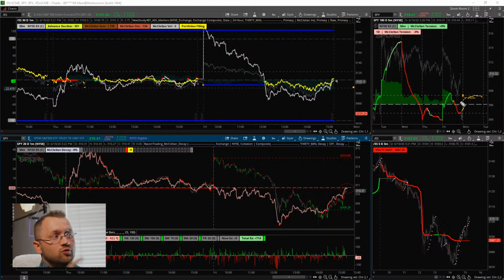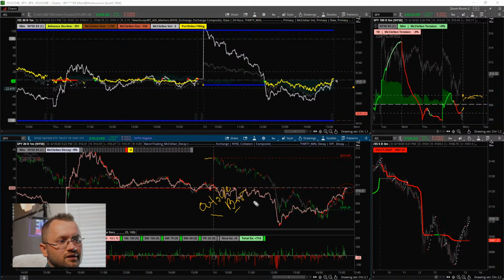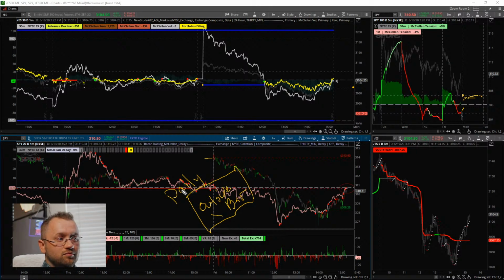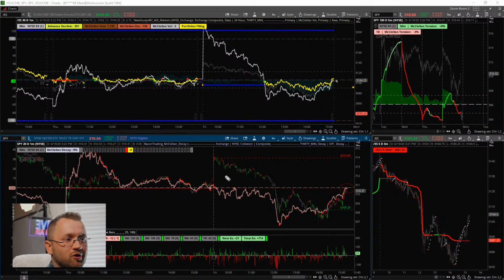Hopefully on Monday, we can keep that going and run this back up and get back through the highs and stuff like that. And essentially at the end of the day, this will look like, and many of you probably already noticed this, but it'll be an outside bar. And we'll have seen what a daily outside bar looks like with this analysis. You could see that on a daily outside bar like this there's a lot of drama, there's a lot of conflict that goes on.